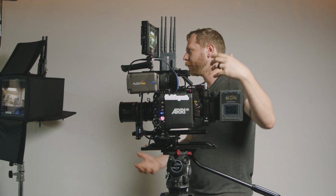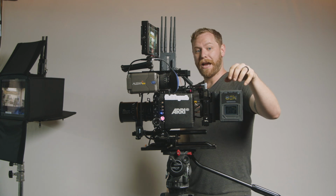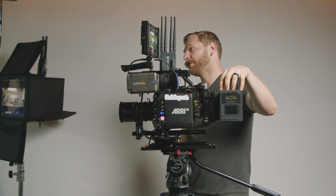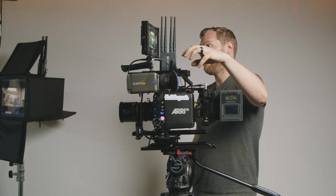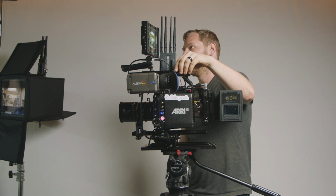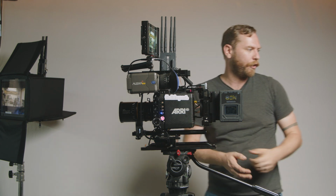Whereas with an Ursa Mini, or let's say that Blackmagic camera, I could probably run that camera for 8 to 10 hours off of one of these batteries, whereas 2 of them will only run for about an hour to 2 hours on this guy. So that's gonna be another thing with cinema rigs. They're gonna be very power hungry. So you wanna make sure